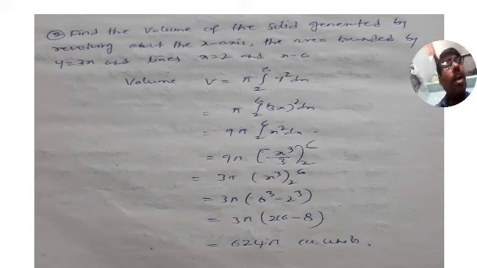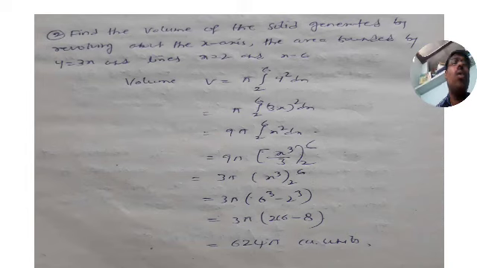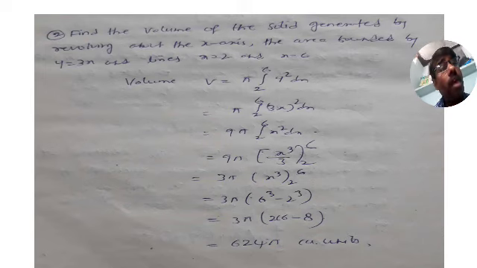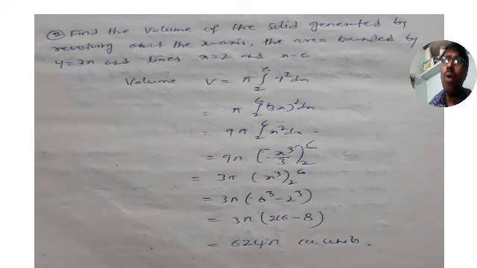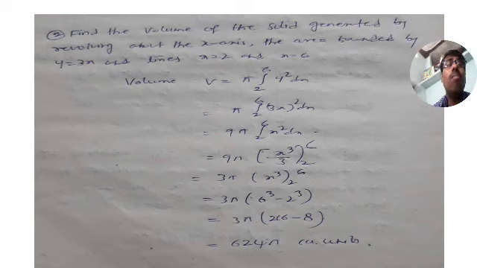So again, you have to find the volume of a solid which is generated by rotating, that is, revolving the area about the x-axis. First formula it is. How is it obtained? It is obtained by rotating the area about the x-axis. So for that solid you need to find the volume. So what is the volume formula? Integration a to b pi y square into dx. What is a?